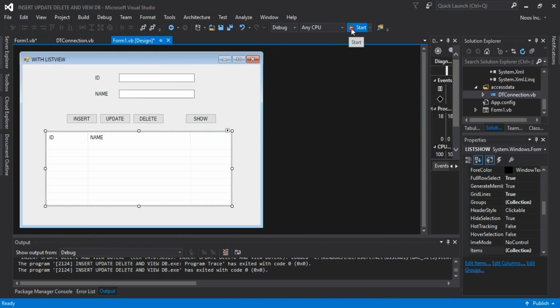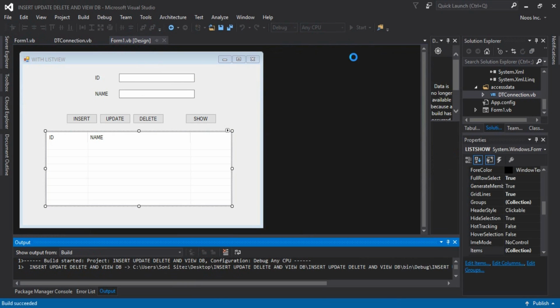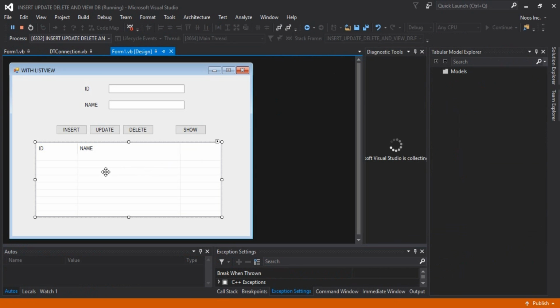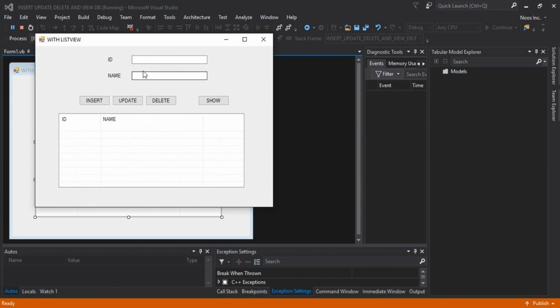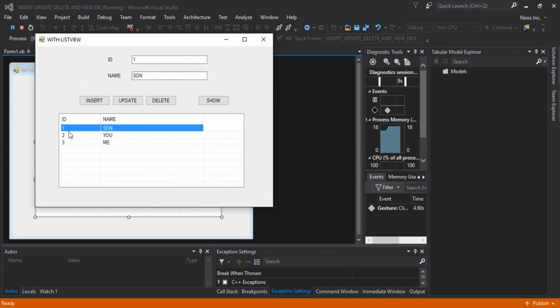I want to run this project again. If the script works, if we click on the list view item, it will show the id and the name in the text box. I will show first, and we try. Yes, you can see here. So we can easily delete and update. Just for example, use update,